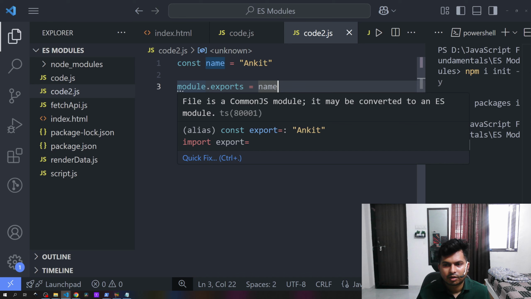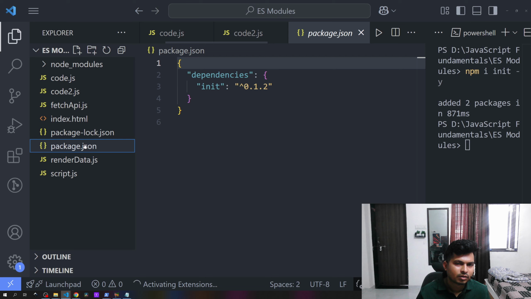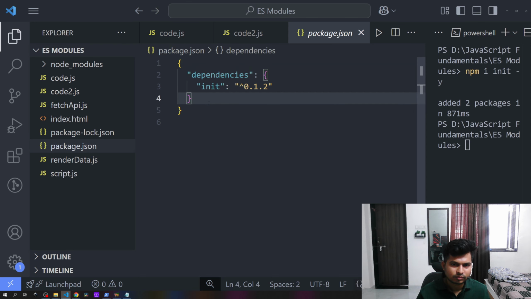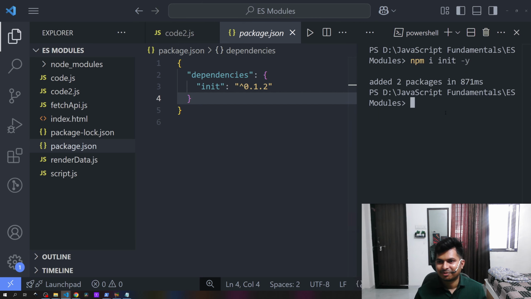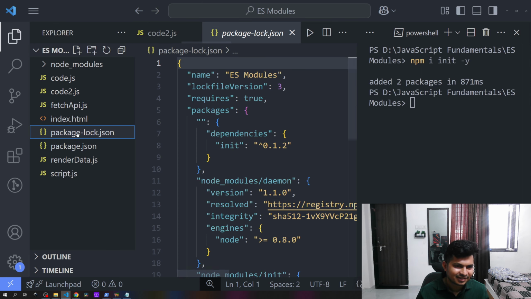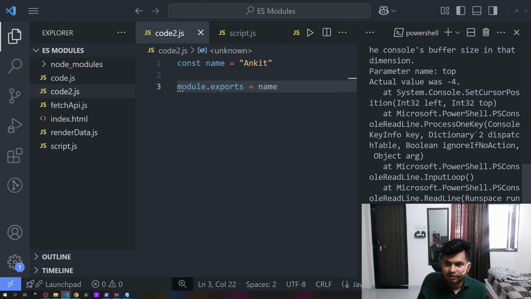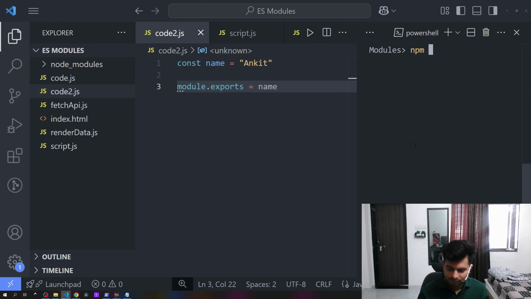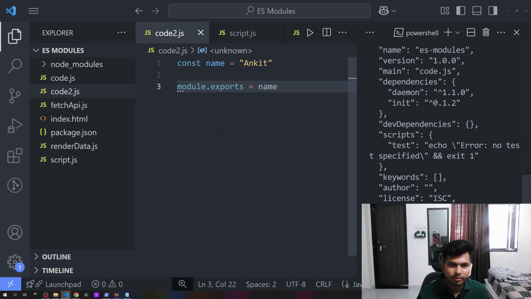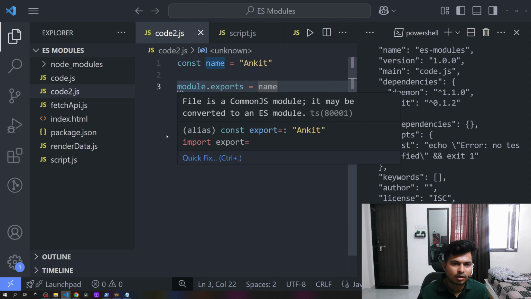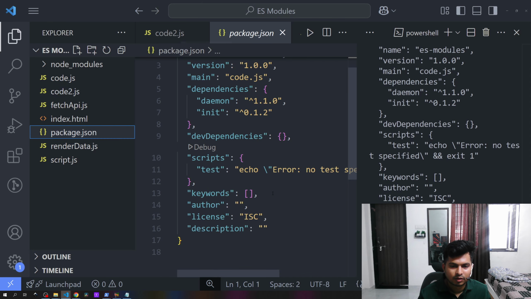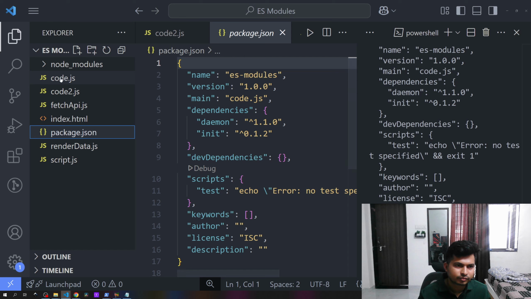So it's not init. npm, not npm, I have to use, let me delete these things and let me use npm init -y. Now it should be created, and the modules will be CommonJS. So let me